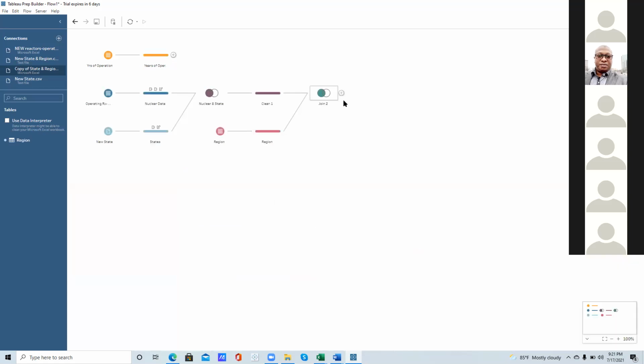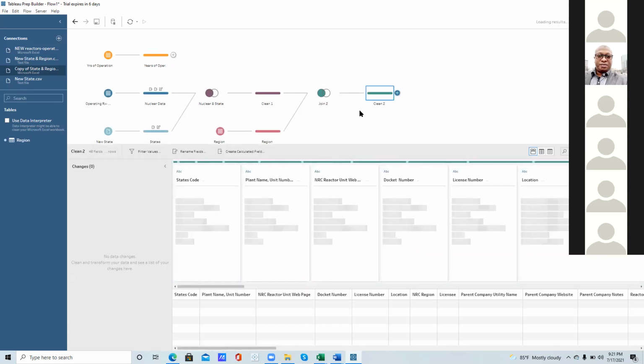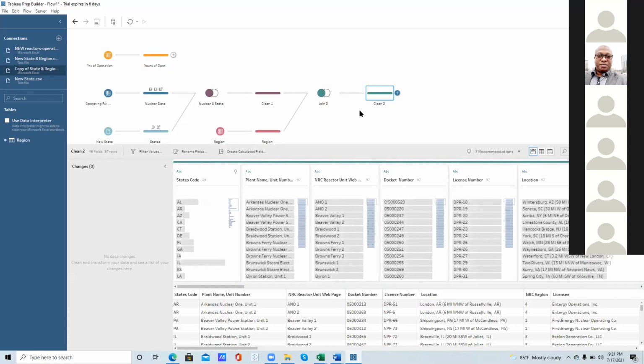Join 2, add a step. See, we already structured the years of operation. We use the plants to map out the years already. So just drag it and put it on clean 2. You should pick up the plant name. Like this? Yeah. Just drag it on join.